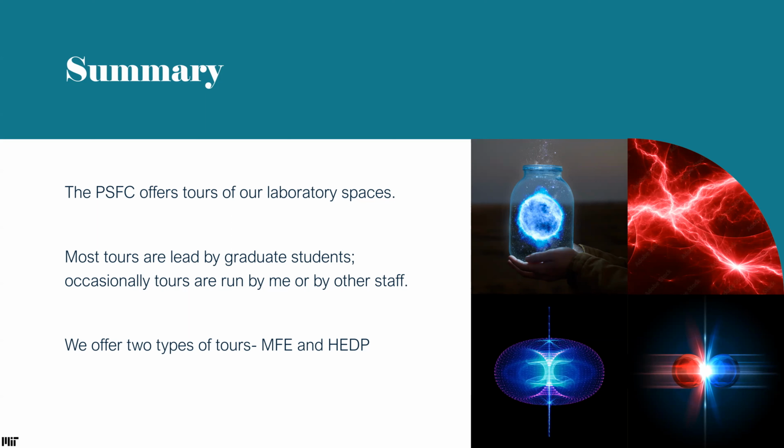So those are the examples I'm going to use, but we also offer tours of our HEDP, High Energy Density Physics Labs, which is a chance to look at the particle accelerator, talk about the net fusion shot from the National Ignition Facility that our team helped verify. So we do get the same phenomenon with those tours. However, we offer more MFE tours over the course of the year, so those are the ones I'm going to